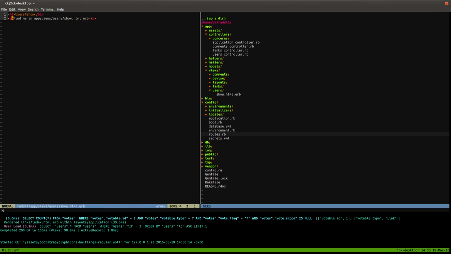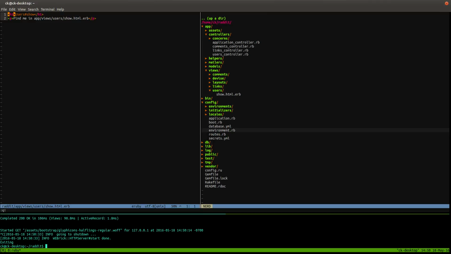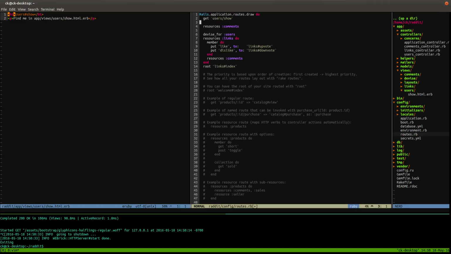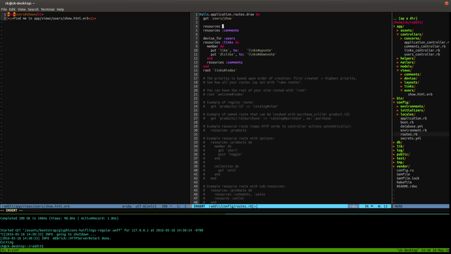So I paused the video real quick and I found out that the problem is that even though we had our get show route, we don't have resources. So let's try that really quick. Right here, you're going to add that line again, resources :users. Boom. Okay. Now, let me think. That should give us the routes we need,